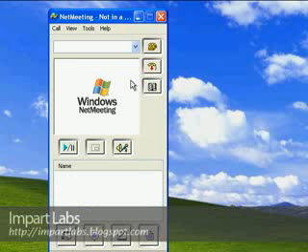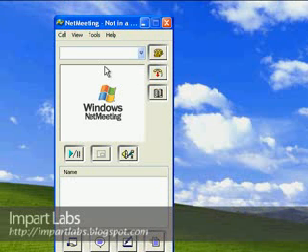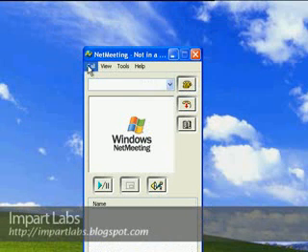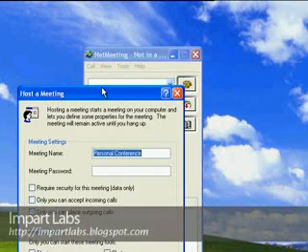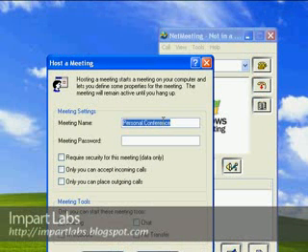Okay, so one last thing that is left is you're able to host a meeting, meaning that you would be able to create a meeting and allow everybody to join this meeting, and you would be the only person to allow calls, or allow incoming calls, and allow people to use and share the programs and so on. Normally this meeting option is actually for more than 2 people connecting to each other. Go to call, host a meeting, and here you give the meeting name, for instance,